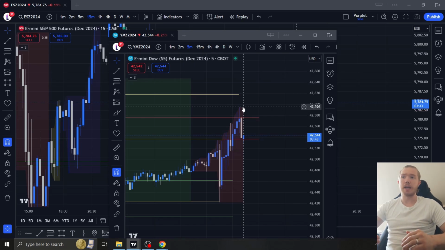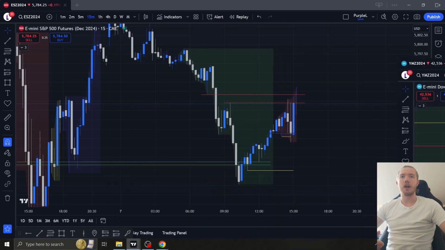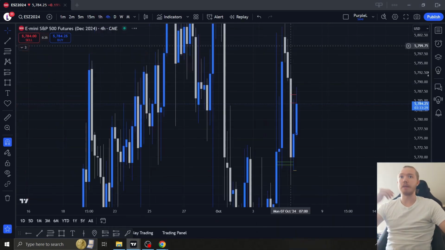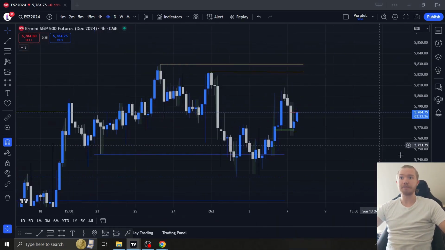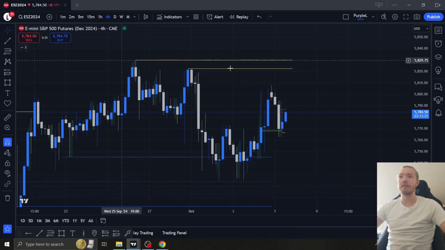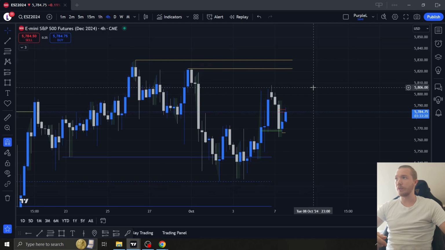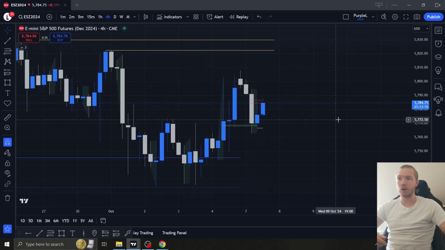But I'm saying, in relation to essentially the AM session, and then maybe running a little bit over, that's my overall bias. Now, that's also not the higher time frame bias, or what I would consider the higher time frame bias. And I may go up to a 4-hour chart and say, yeah, here, generally S&P, I'm looking for price to make its way up to that. And depending on when you're watching this video, I'm sure you can check that, see if I'm right or wrong. But to me, it doesn't actually matter anyway, because I'll trade on an intraday basis.